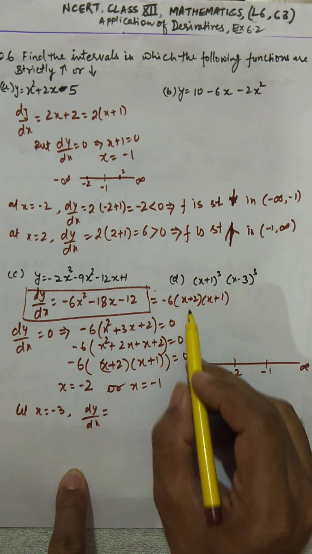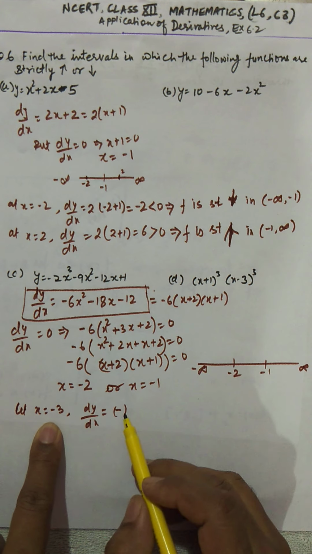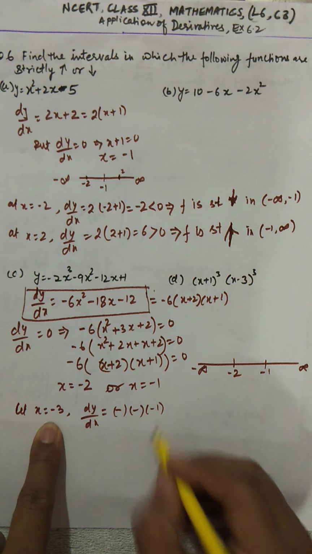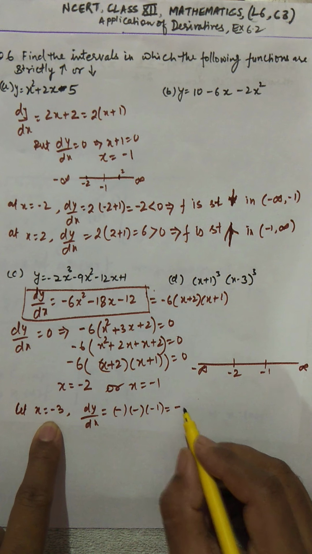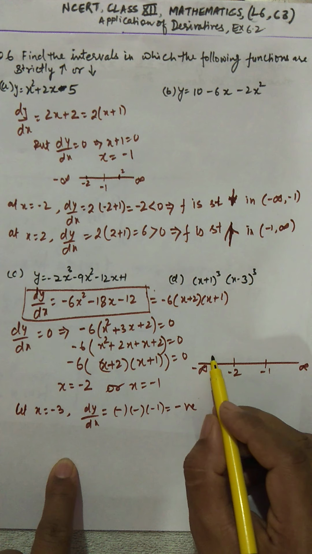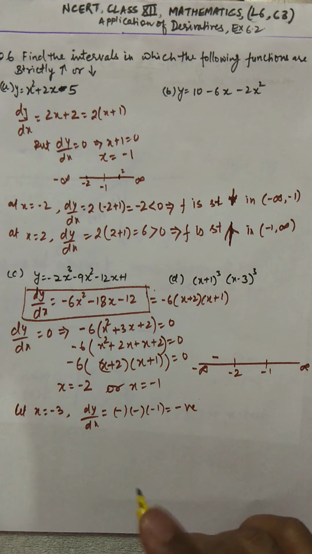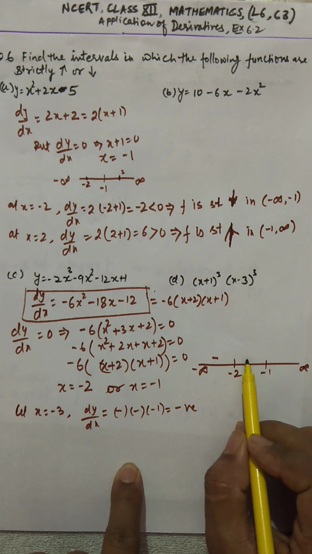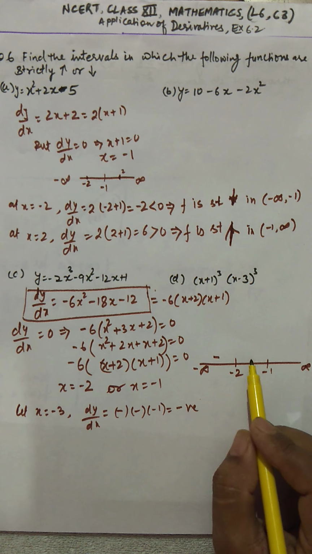In the second bracket, if you put x equal to -3, this will be negative. So the first negative is here, this bracket's negative will again come, and in this bracket negative will again come. So you can see your dy by dx is coming to be negative, and negative means this function is decreasing here. You can also use the zigzag rule: if it is minus, then it will be plus, and then it will again be minus. But that you should know for competitive exams, not for this CBSE exam.